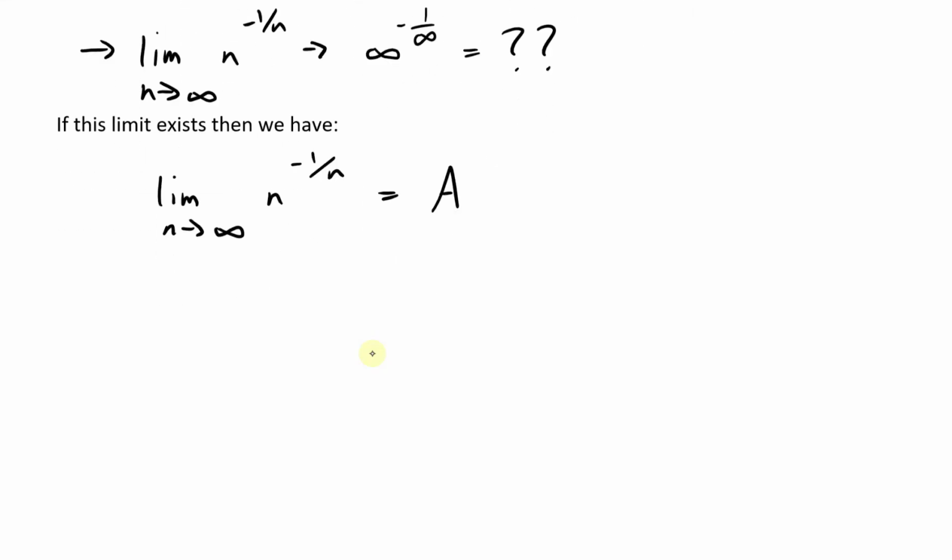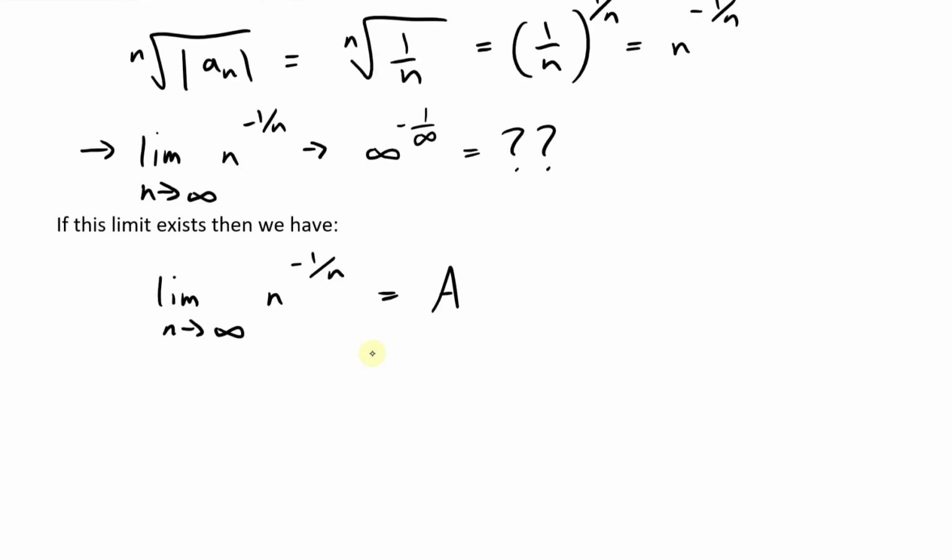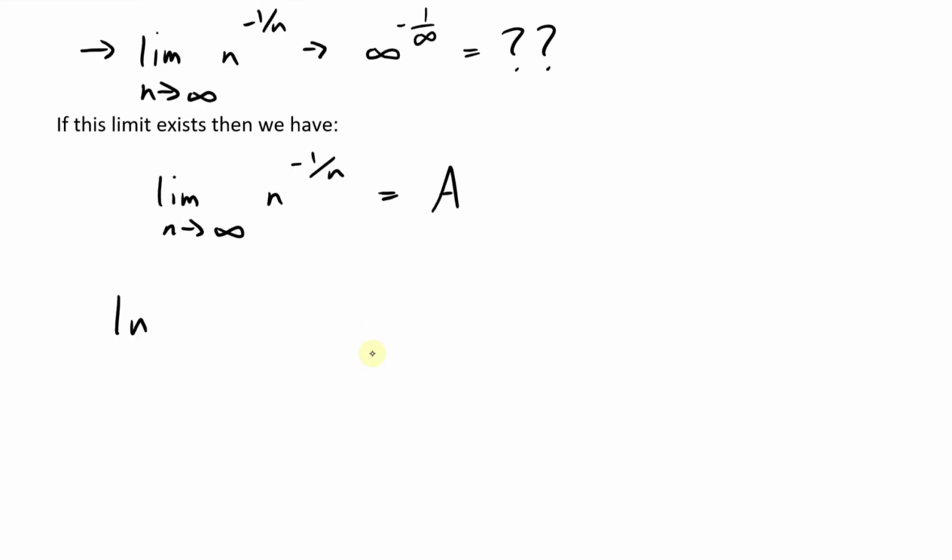Now what we could do is ln both sides. So I'll ln both sides and move this over to this side. So we're going to have ln a equals, and then we take ln of this whole limit. And remember, we can just move the limit inside and outside the functions, as I illustrated earlier by that composite limit theorem, the limit of composite functions theorem, and so on. So with limits, we could just take this out. So this is going to be equal to, I'll write for completeness,